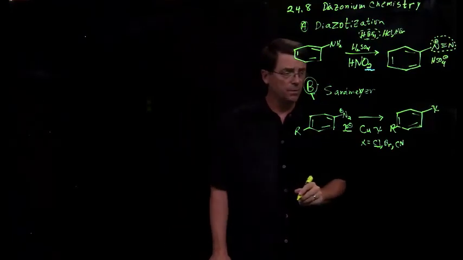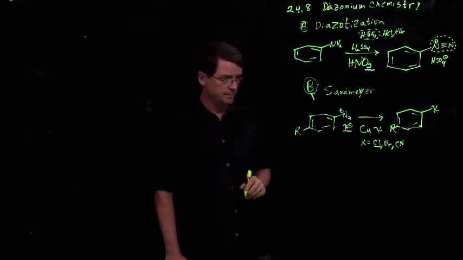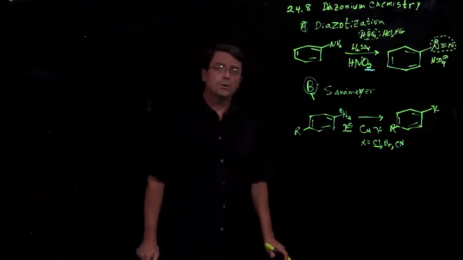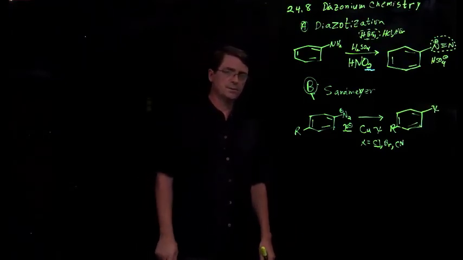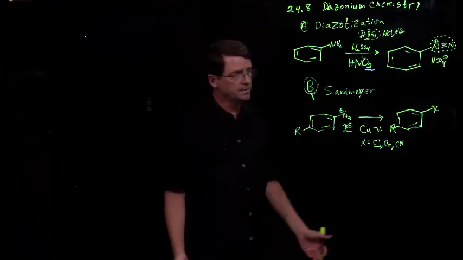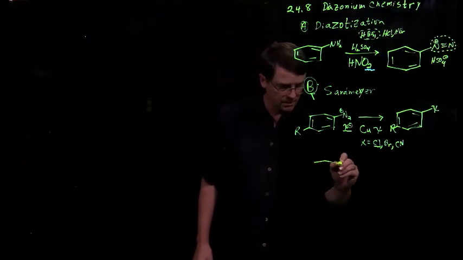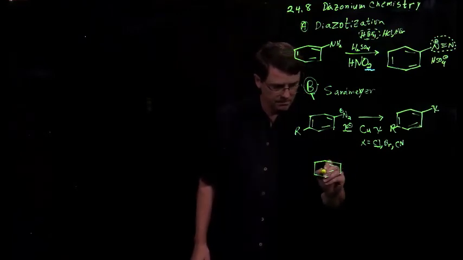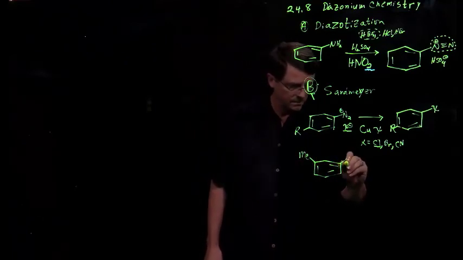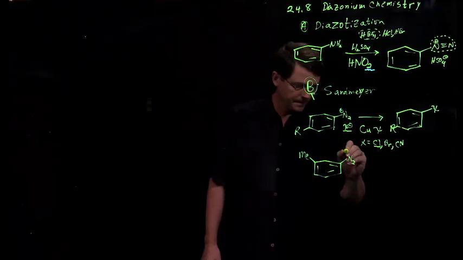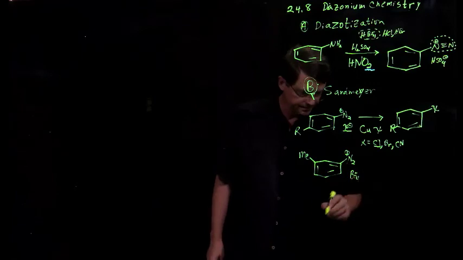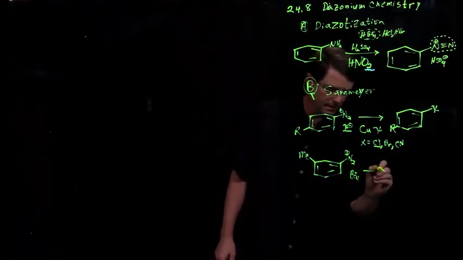And that's important because we don't get mixtures with this. This is one way that we can avoid producing mixtures of compounds, is to use diazonium chemistry. And in fact, it's used widely on large industrial scales to make, for instance, azo dyes we'll see in a few minutes. So let's just take a quick example here. If we have the methyl diazonium tetrafluoroborate, and we react that with